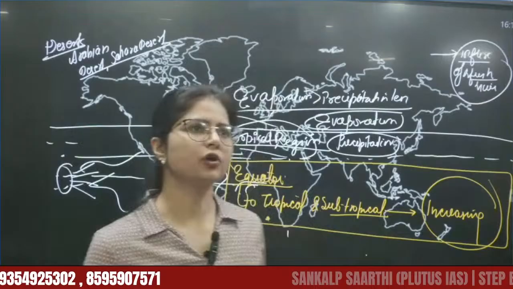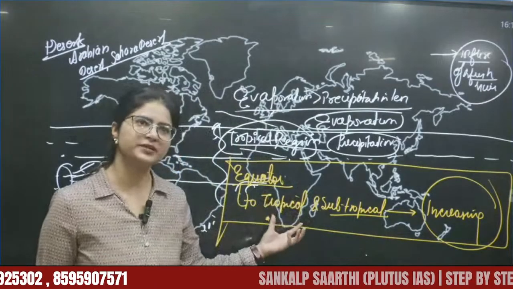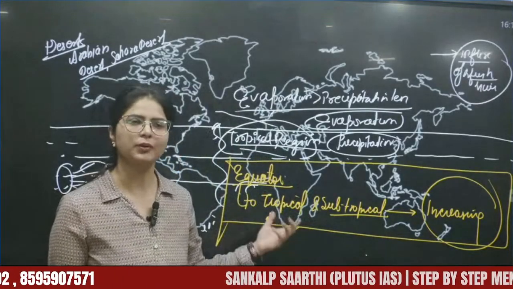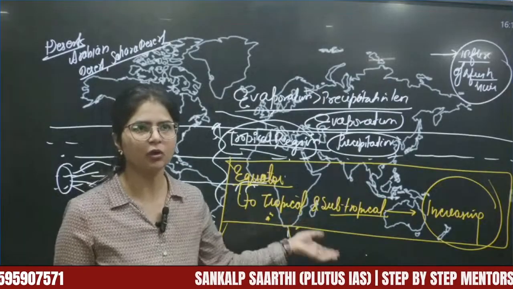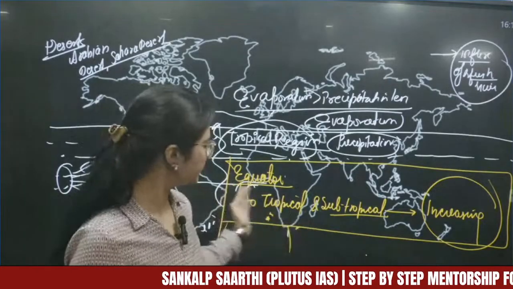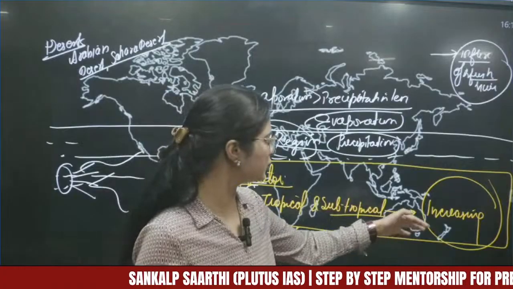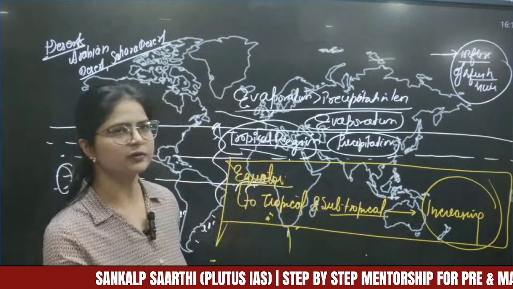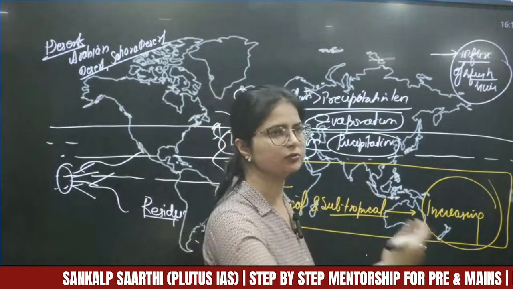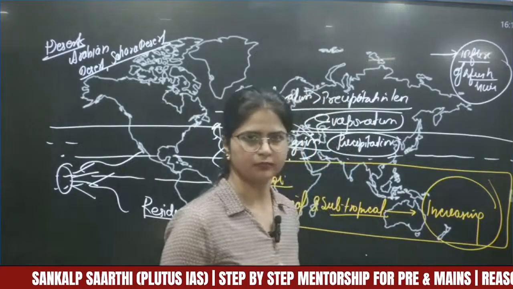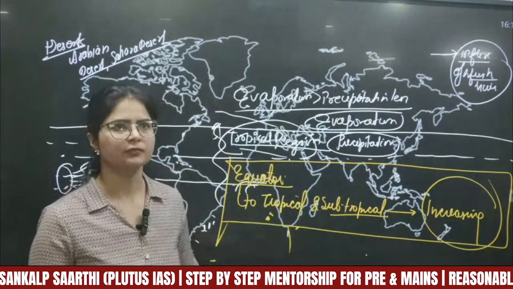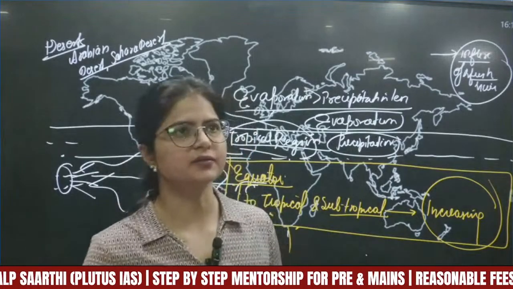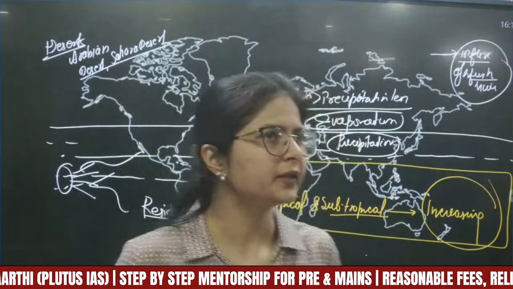But in geography optional, in the mains exam, you have to explain this statement. We should know why things are happening, because it can come as a comment also, and they can write: the salinity of the water bodies increases from equator to tropical to subtropical regions. Explain with example. Okay, so that is the difference. All right. Now moving further,